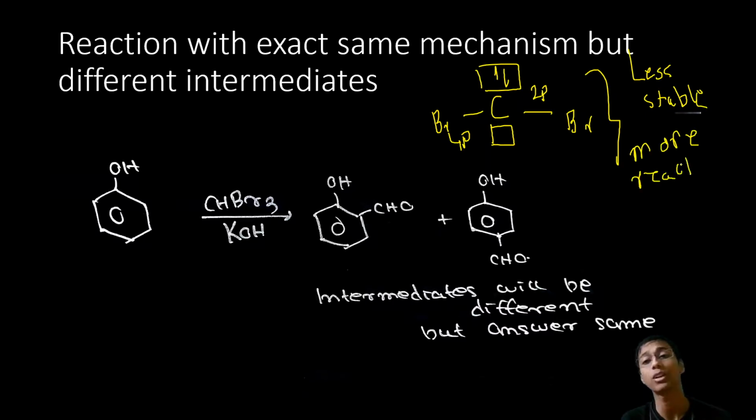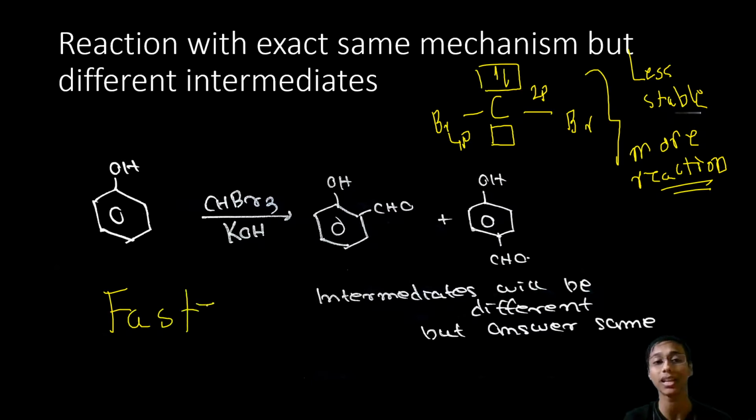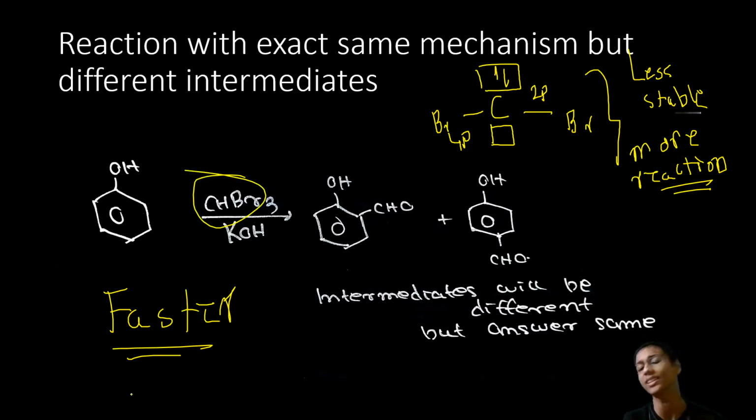Again, I have to write with the mouse, it's extremely irritating. So this reaction should occur faster than the normal Reimer-Tiemann reaction. But why is the normal reaction used? Because CHCl3 chloroform is much easier to produce and much more widely and cheaply available than this CHBr3, which is a strange thing indeed. So this is one thing you should remember, that more stable carbene equals slower reaction, less stable carbene equals faster reaction in this case.